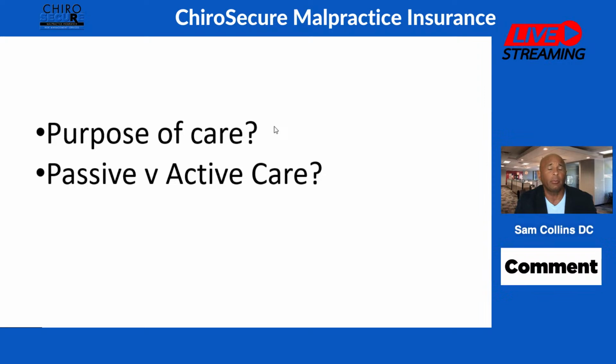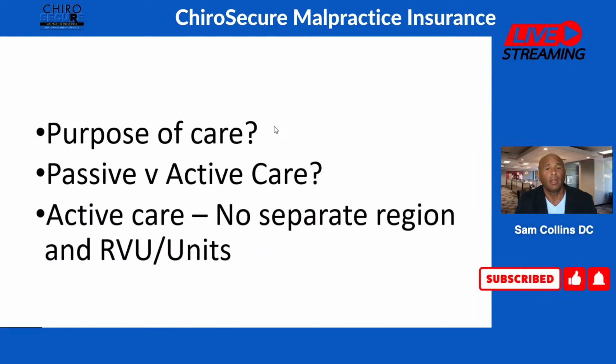But you know what's the best way to rehabilitate something? Strengthen it. If you think about what do physical therapists do mostly? Exercise. So I would take a look at, if you're emphasizing manual therapy and having a hard time being paid, are we barking up the wrong tree for the outcome of the patient and maybe doing a little bit more of active care? Remember, active care is going to be things like exercise, or for that matter, therapeutic activities. Realize there's no separate region that's needed. You can do them the same.